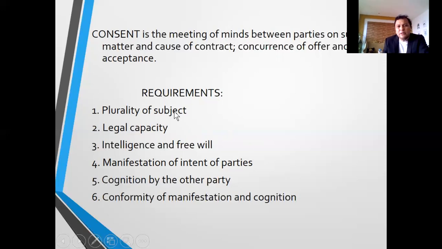So in a contract of sale, there are 2 parties, the buyer and the seller. So they must agree. In a contract of donation, for example, there are 2 parties, the donor and the donee. Although there's only one obliged to perform, the donee, who is the person who's going to accept the thing, is bound to